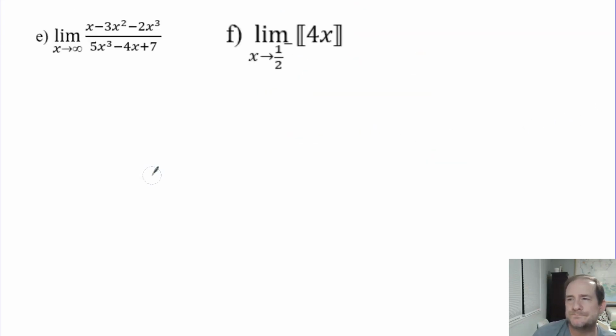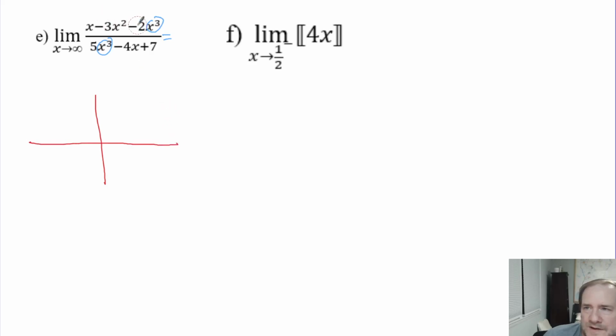E is another one. Again, if you don't have to show any work, then you can look at this and notice that you've got an x cubed and an x cubed. That means the powers are equal, and that means your horizontal asymptote will be at whatever fraction you get when you just do the leading coefficient divided by the leading coefficient. So I expect this guy's horizontal asymptote to be at negative 2/5. So it would be like here, just barely below the x-axis. But that tells me my limit is negative 2/5,